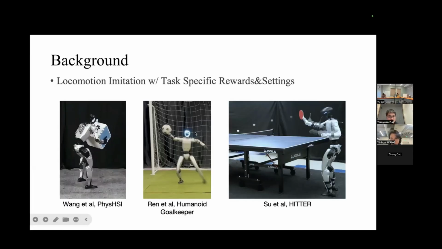Basically, these methods are task specific. They need to design specific rules or task rewards for specific tasks, so it is not very general.